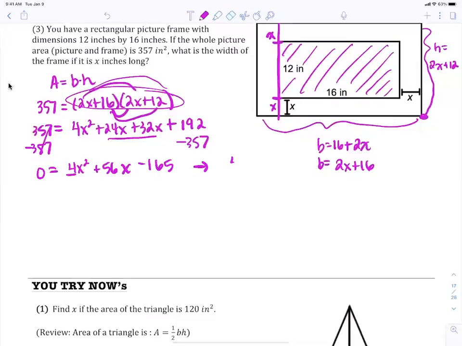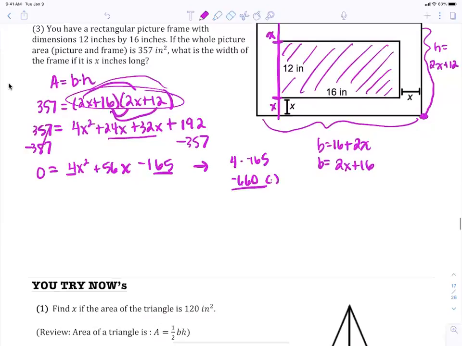I'm going to take my A value and multiply it by the C value. So these two pieces get multiplied together. And we really say, okay, well, what number is that? That's going to end up being negative 660. And we're looking for any factors of 660 that multiply to get me negative 660, that also add to give me 56. If you go through all of those factors, the only ones that really end up getting you